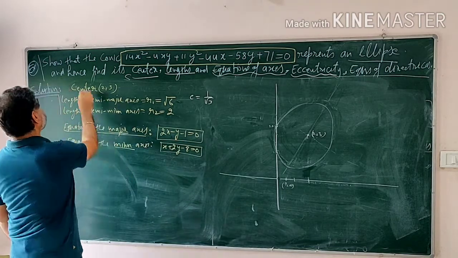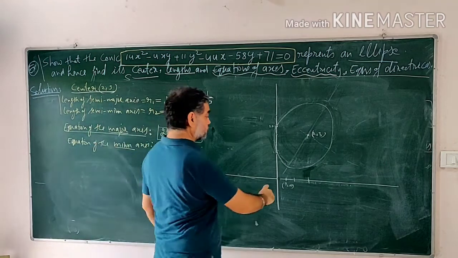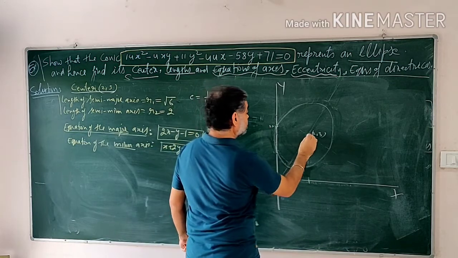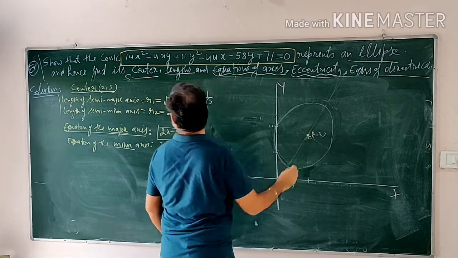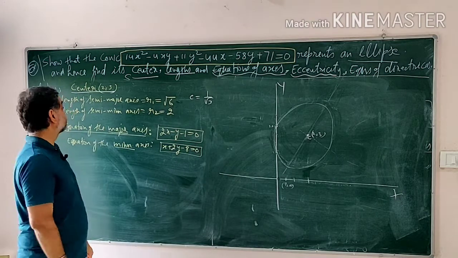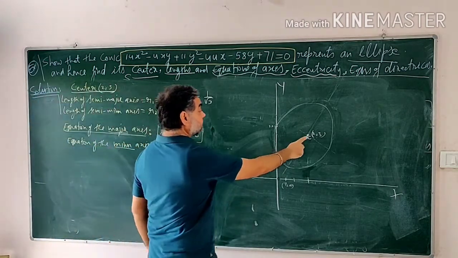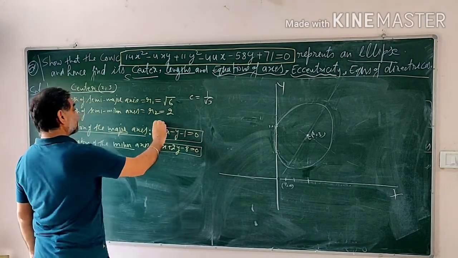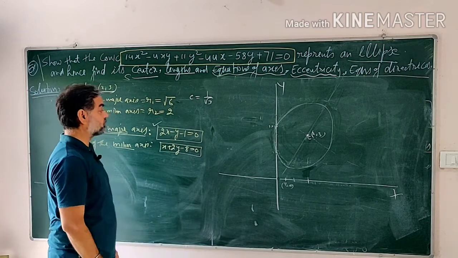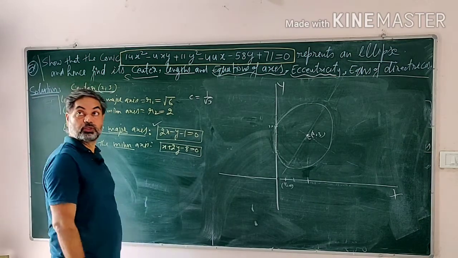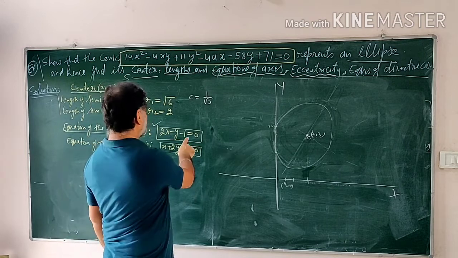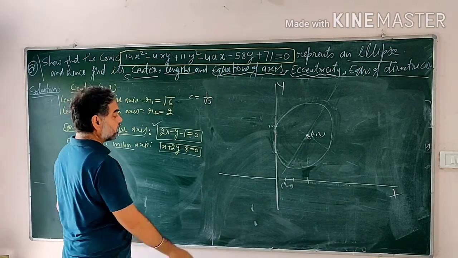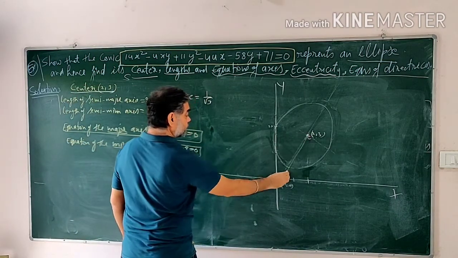Now what we will do is we will actually trace this curve, we will draw this conic. So to draw this conic, first of all we look at the center. So make x-axis and y-axis like this and find the point 2, 3 on the graph. This is the center of the conic. Then at the center of the conic, now we will draw the major axis and minor axis. The equation of major axis is given to us, 2x minus y minus 1 equal to 0. So how to draw this line? One point is this center 2, 3. Other point you can see here where this point will be.